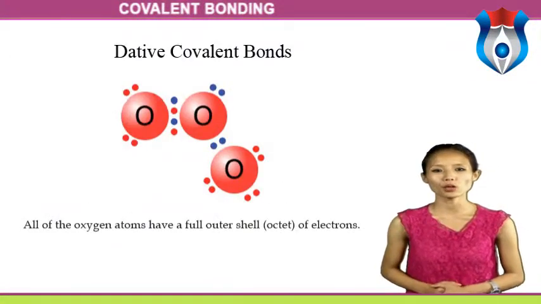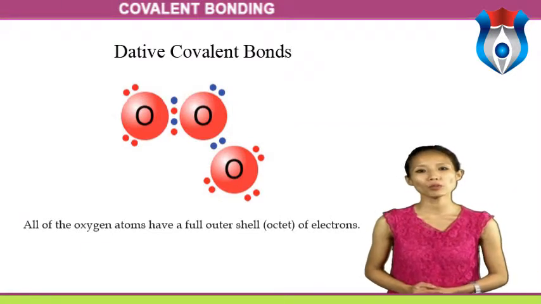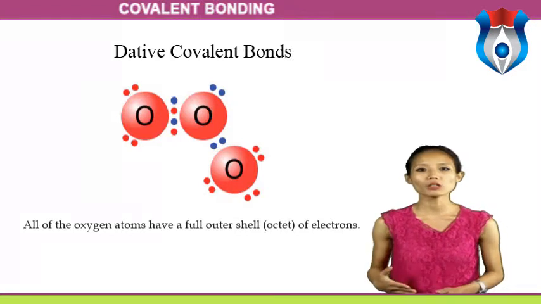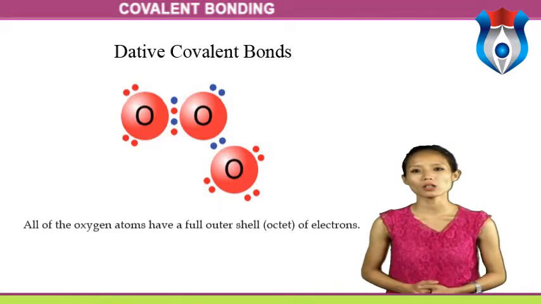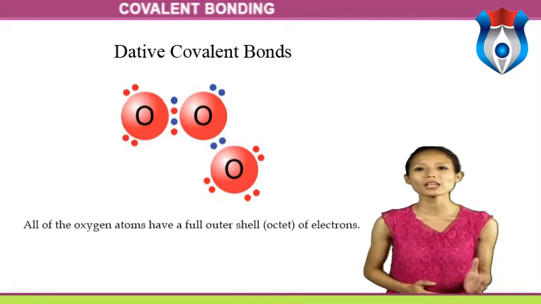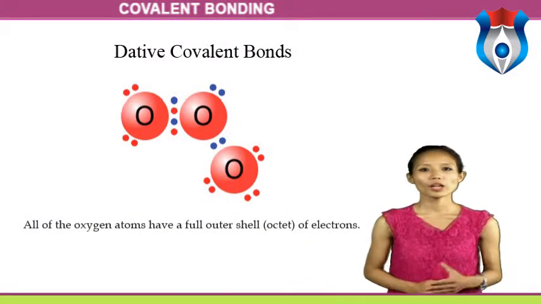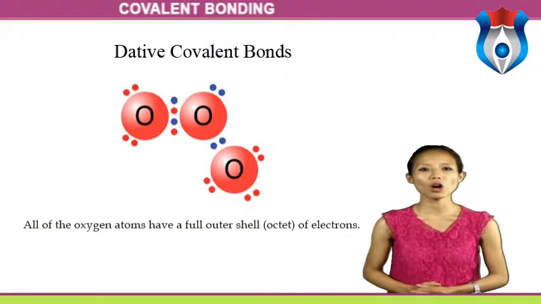Dative covalent bonds. Usually, the 2 atoms involved in a covalent bond provide 1 electron each to make the pair. However, occasionally, both of the electrons come from one of the atoms. In this case, the bond is said to be dative covalent. The fact that an electron pair is dative has no influence on the final structure. In ozone, the central oxygen atom is bonded to one of the other oxygen atoms by a dative covalent bond,